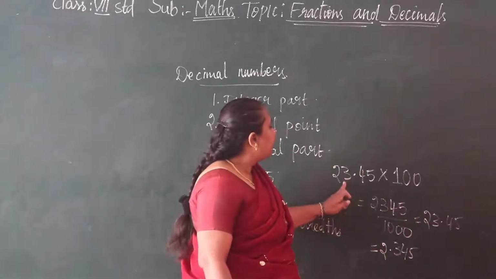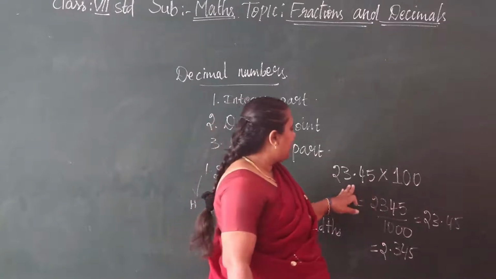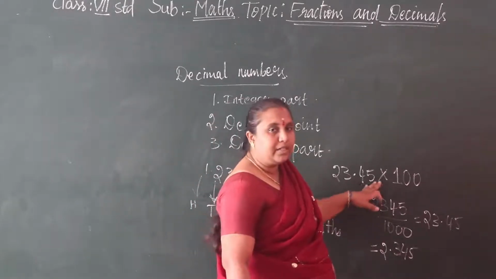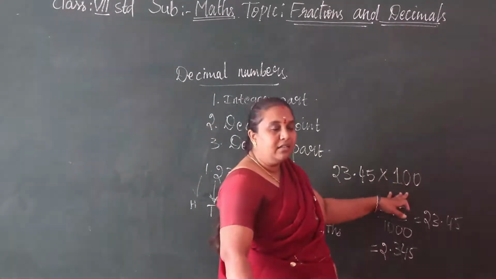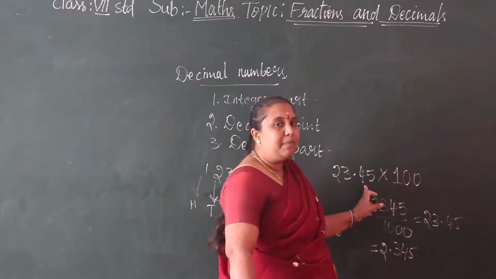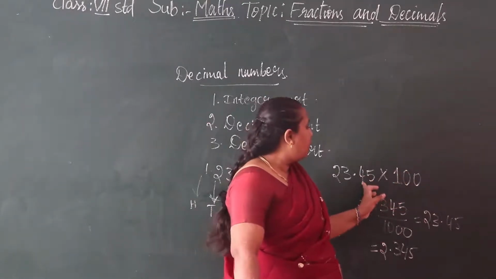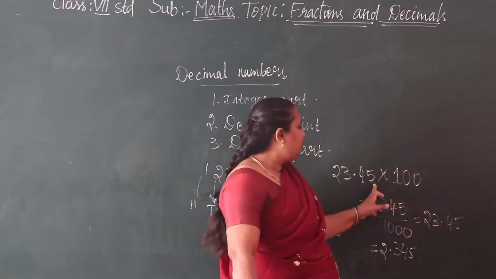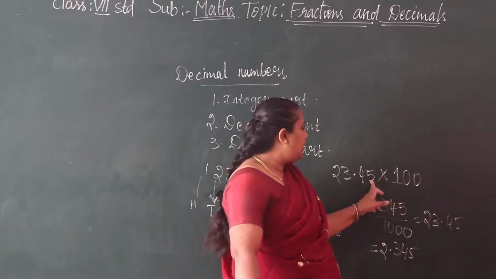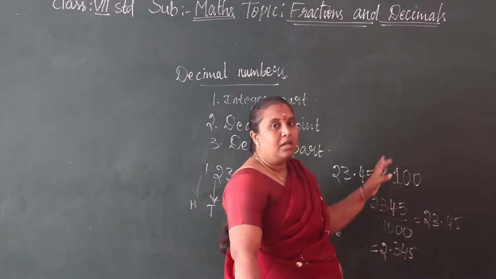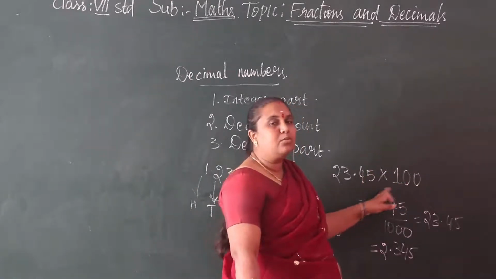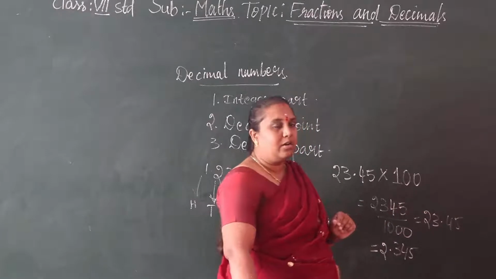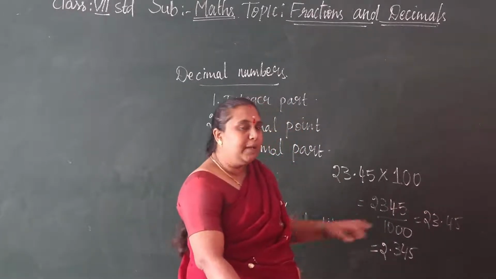Okay, so here we are multiplying the decimal number by 1, and how many decimal parts are there? We write that many zeros after the 1. Here we have 2 decimal part numbers, so we have 2 zeros. If there are 3 decimal part numbers, we have to write 3 zeros there, as followed by the 1.